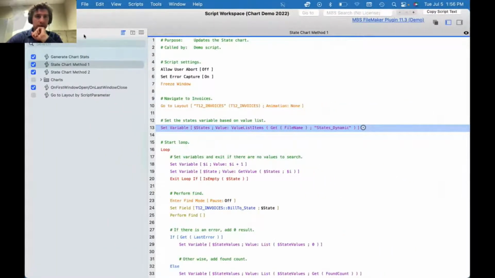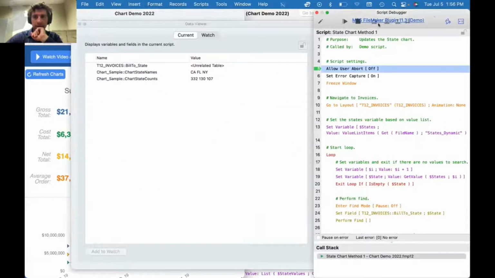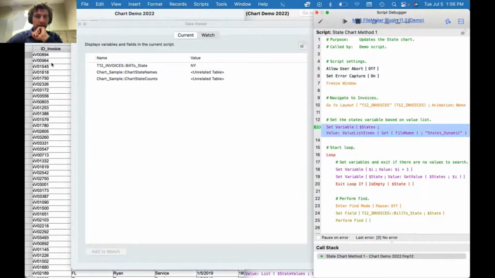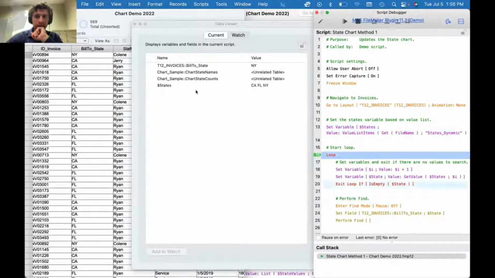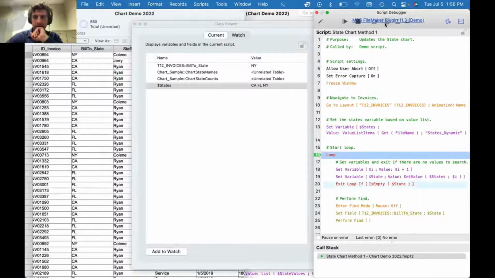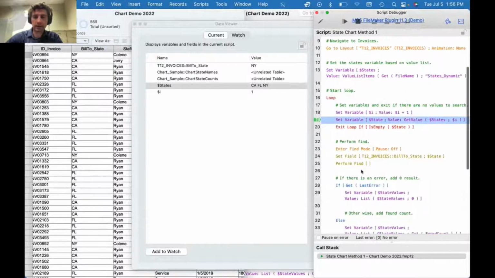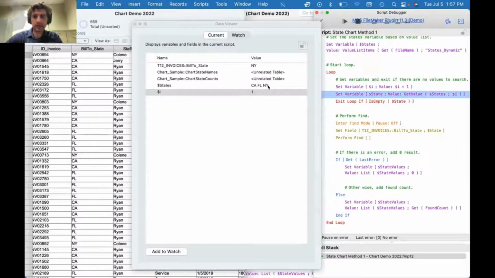And let's go ahead and just walk through this so we can see this in the data viewer. So let's walk down. I'm navigating to my invoices table. See that? And now I set my variable, and you'll see that it's the same values that we saw in that value list. And now I have a counter. I'm using i for integer. And so the counter starts at number 1. And then I am